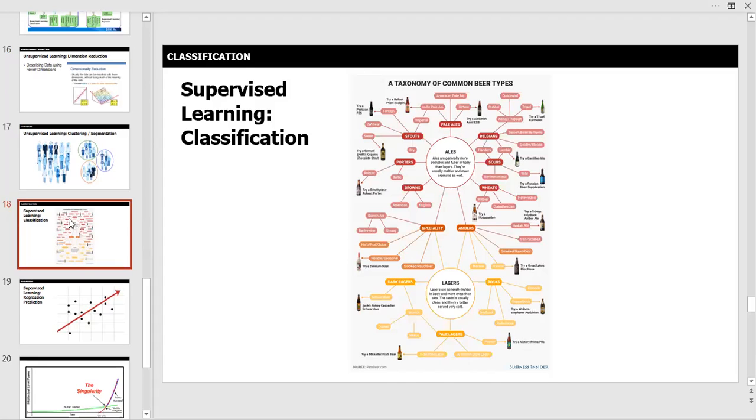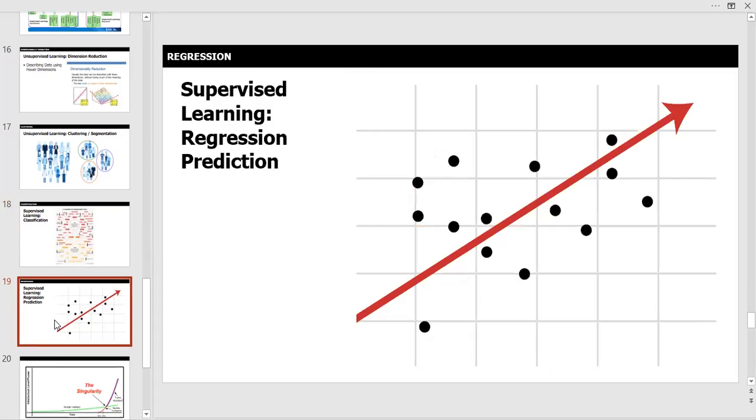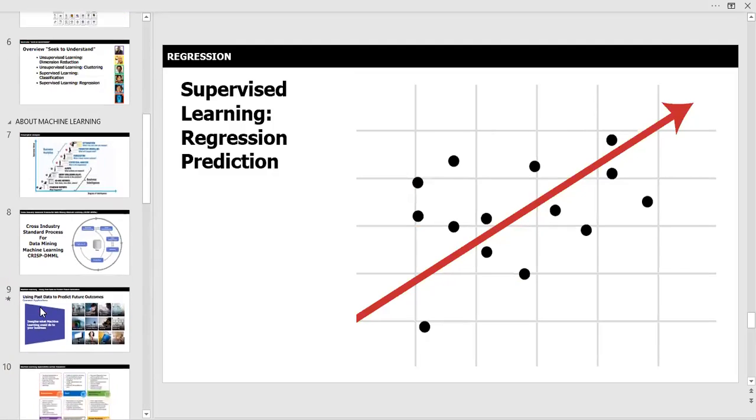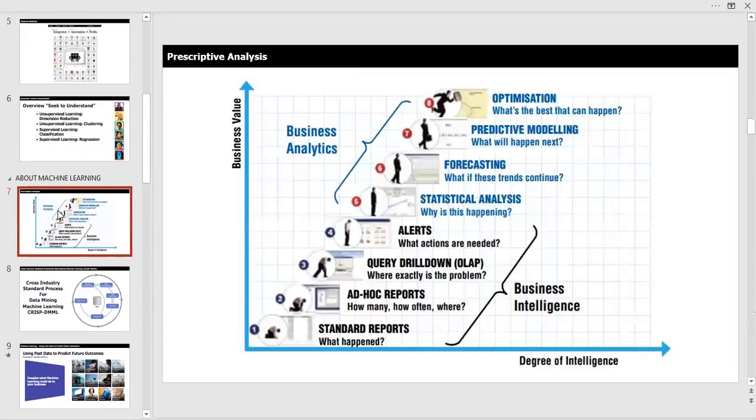Anyway, what that does is lend itself to prediction. And prediction is what all these executives are paid for. That's the key. The executives are paid for the clarity of their crystal ball. So let me go back to the very first slide, which is this one, predictive analytics. As you look at this slide and you hear the word regression, that's the top two items, predictive modeling and optimization.